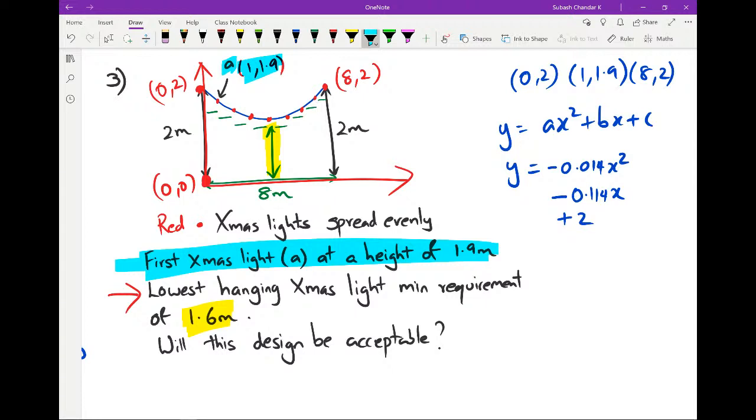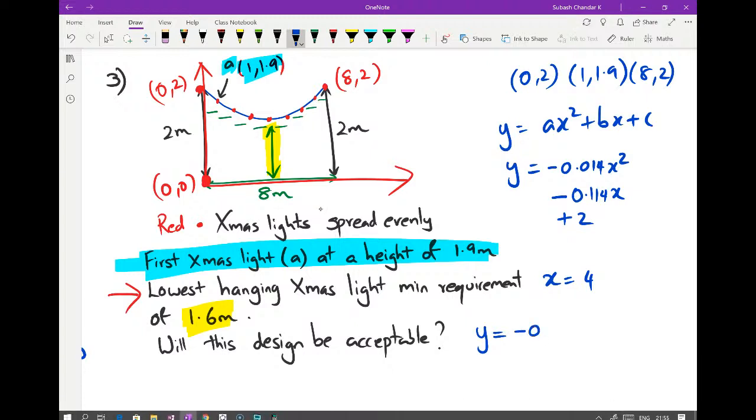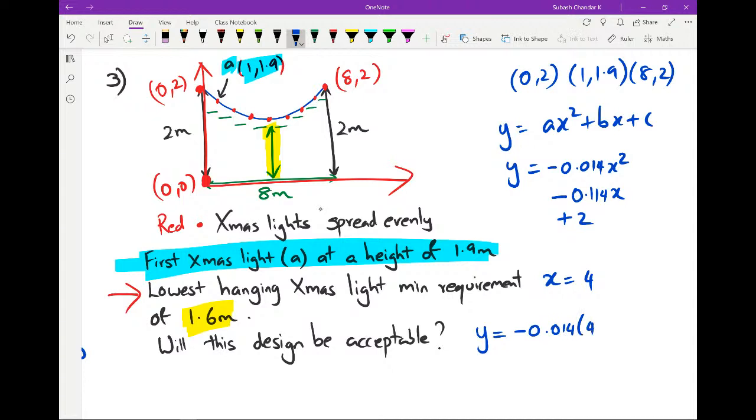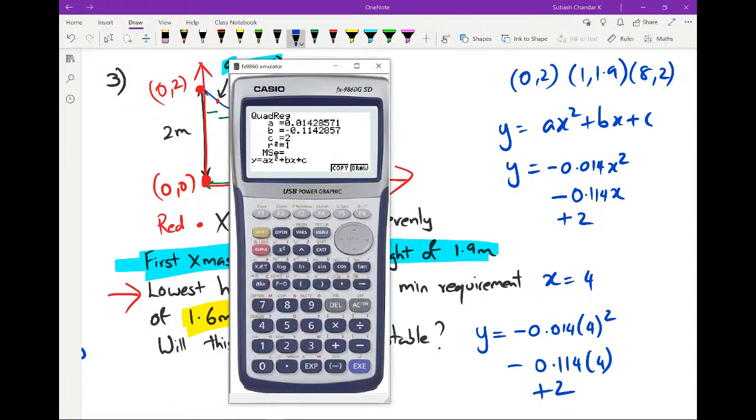Okay, so now we've got to try and figure out whether this actually works or not. Going back to Jonathan, you said it was 4, 1.6. But what we've got to do is substitute x equals 4 and figure out what y is, because that's going to tell us the height of the lowest point of that Christmas light. So we've got negative 0.14 times 4 squared minus 0.114 times 4 plus 2. So putting this in the calculator,